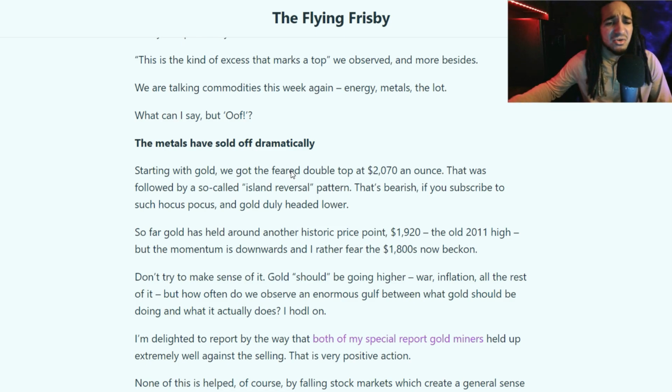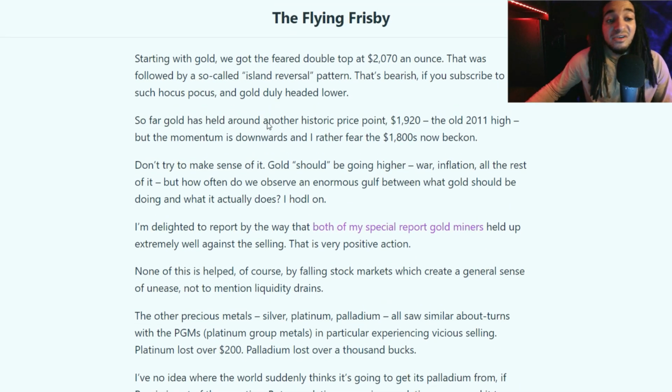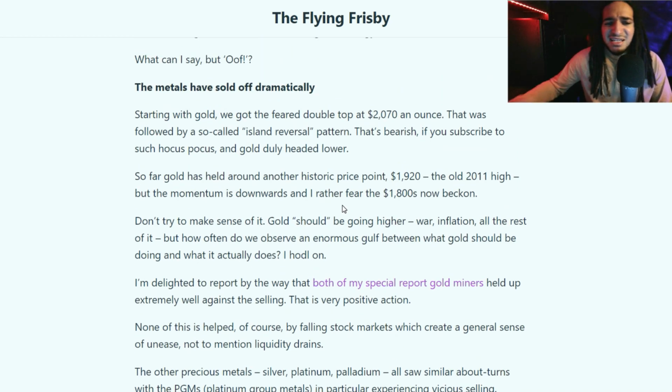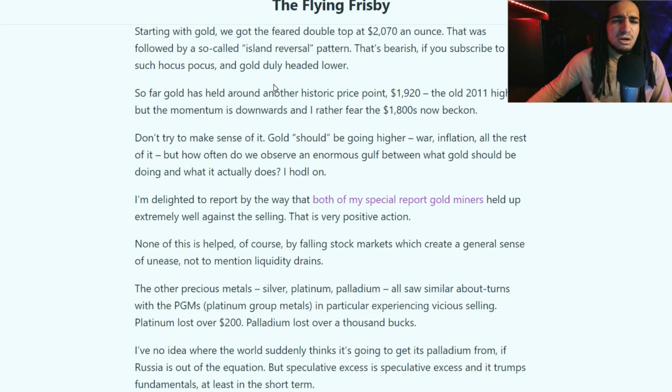That was followed by a so-called island reversal pattern that's bearish, and if you blah blah blah. So far, gold held around another historic price point, $1,920, the old 2011 high. It's also when silver was $50, but the momentum is downwards, and I rather fear the $1,800 now. And so far,